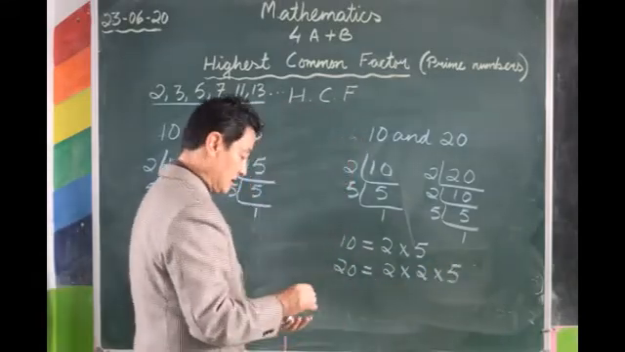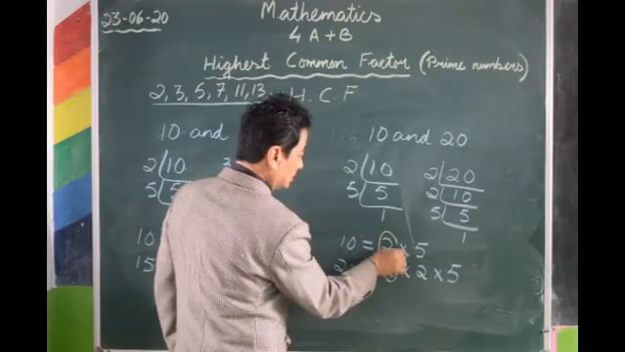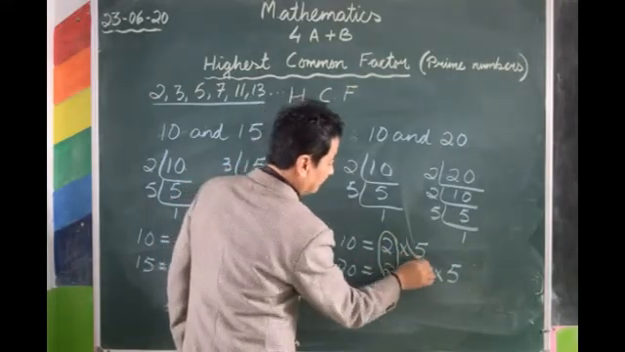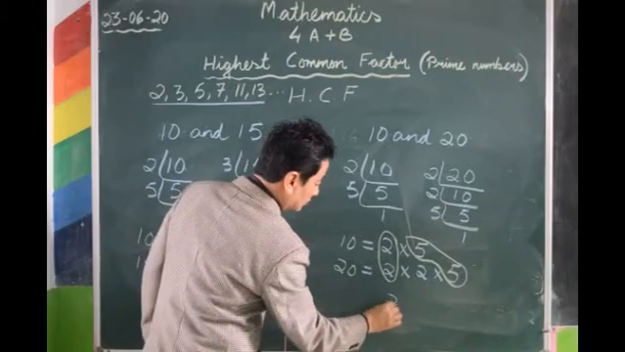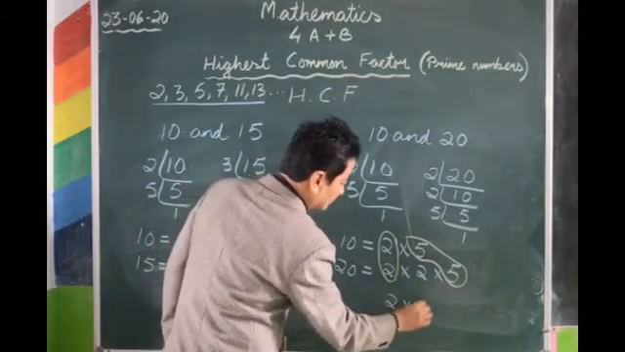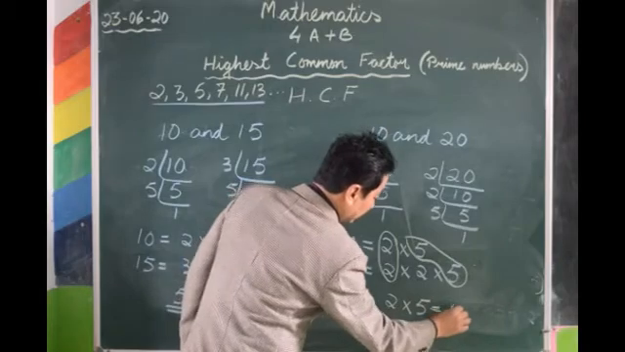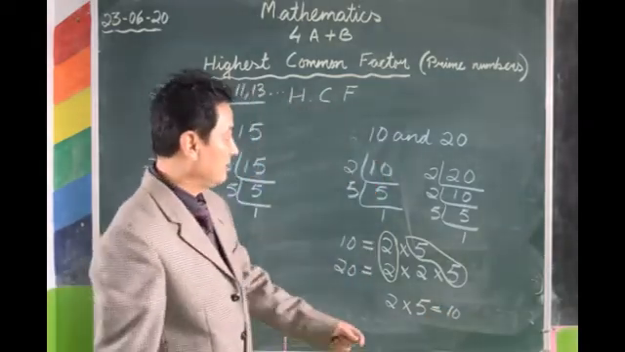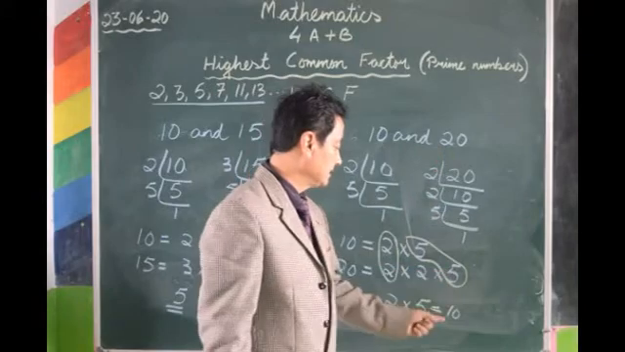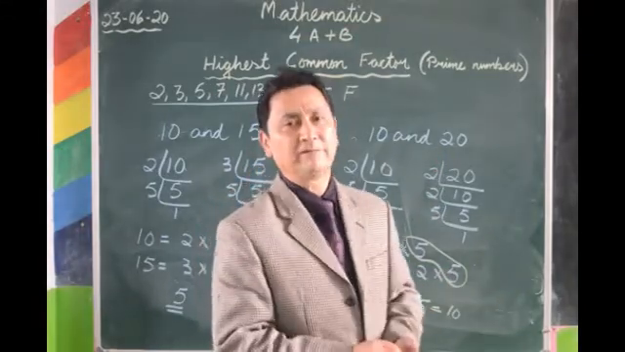What is the next step? Circle the common numbers. 2 and 2. 5 and 5. So these are the common numbers. For these two, only 1, 2. For these two, only 1, 5. So multiply this, 2 5s are 10. Okay, so the HCF, or the highest common factor of 10 and 20 is 10. So children, have a good look at the video. Try and